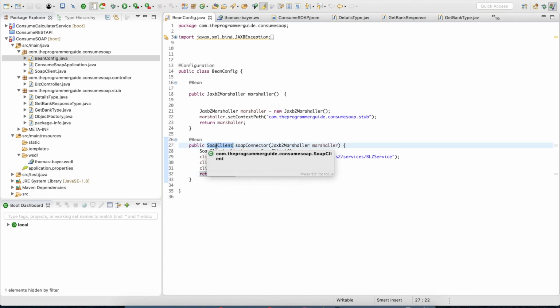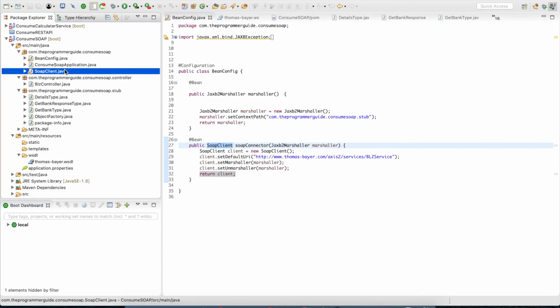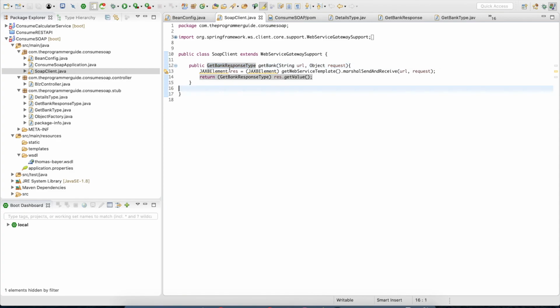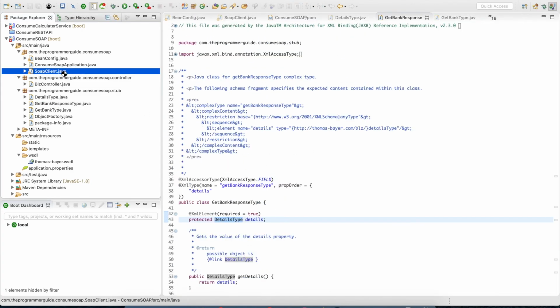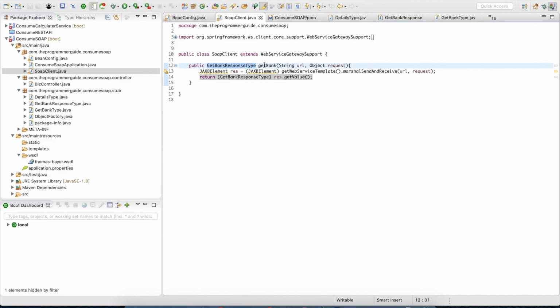Now we have a SOAP client class, so we have to create this SOAP client class. In the SOAP client class, you should mention the response type. This is the response class we are going to get. See, this is the response we are going to get. So you have to mention that response type here, and what is the operation available. So getBank is the operation. So I have defined the name as getBank, and here